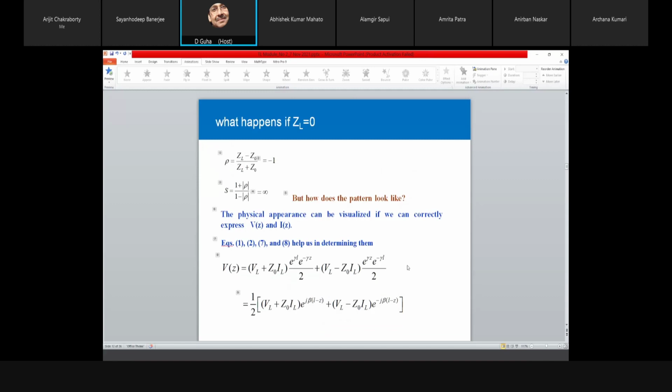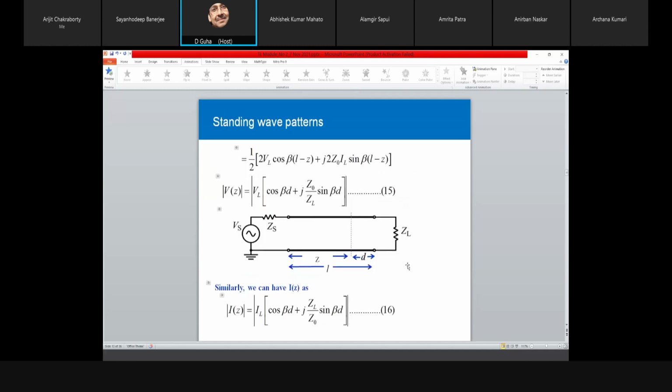Hopefully we discussed this part. Yes, sir. Okay. So going on, a quick recap up to equation 16, to understand the standing wave pattern, right? Yes, sir. So you just note there are two equations,